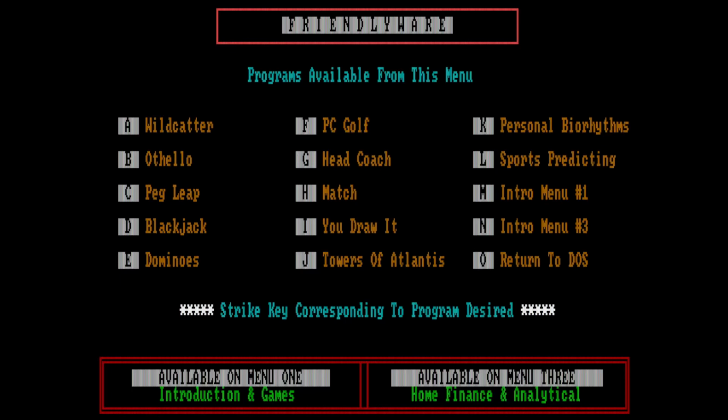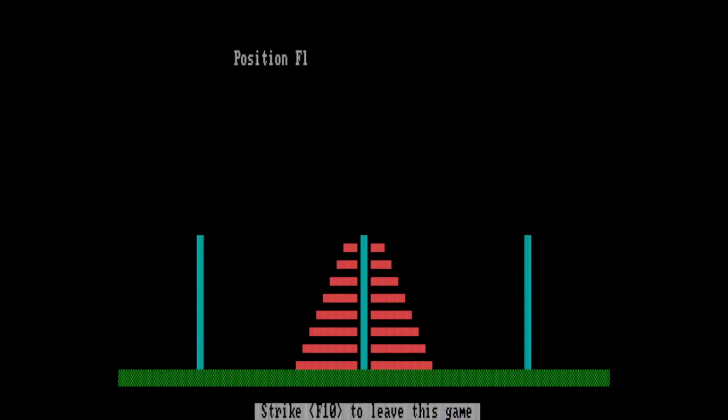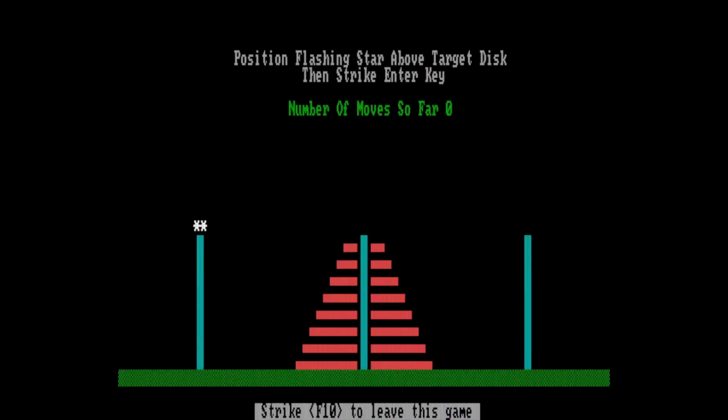But Towers of Atlantis. This was my game. Right, so number of moves so far. You'd move somewhere, pick it up with spacebar, I think, or enter, and then above target tower. And the idea is that you would move the tower. Now, emulation speed is set to the IBM XT, so this is the speed that you'd have had. You could make it go faster these days, but